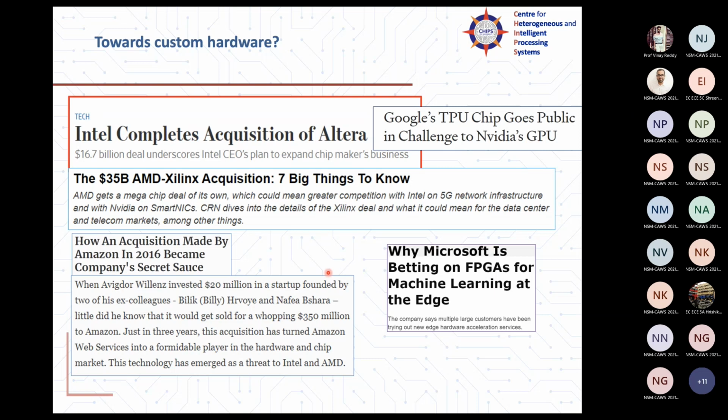Where else? Networking applications, routers, etc. It is very, very easy to find an FPGA device if you open up a box. For packet processing, etc., FPGAs have been around. To give you more concrete examples, sorry,